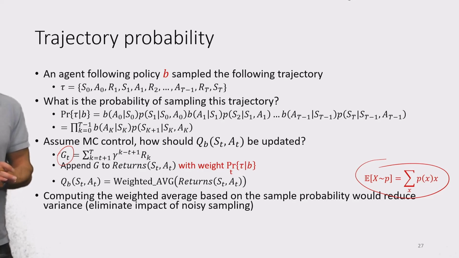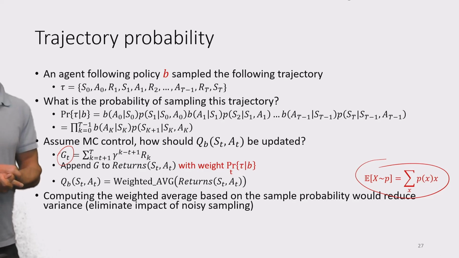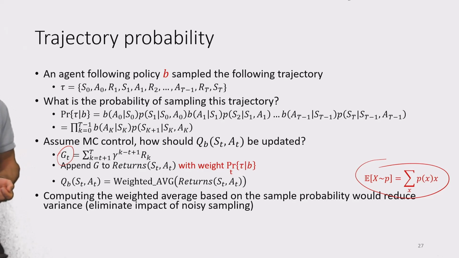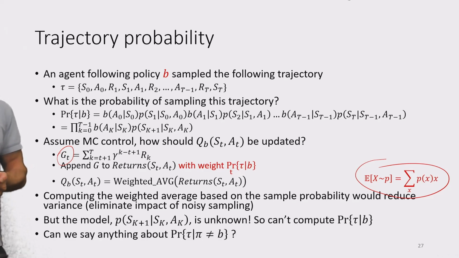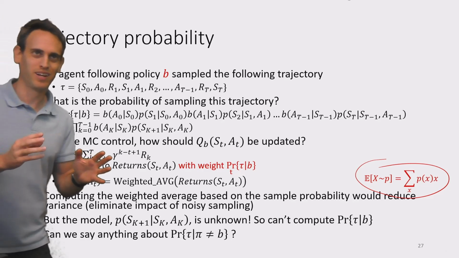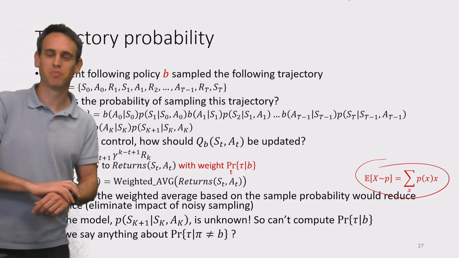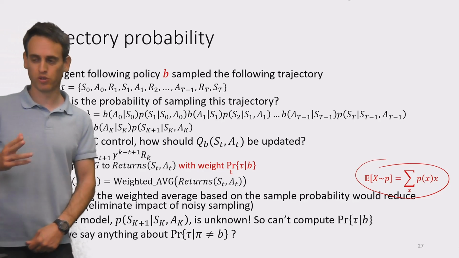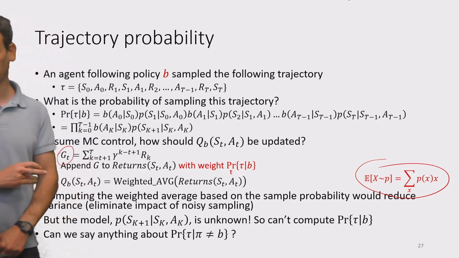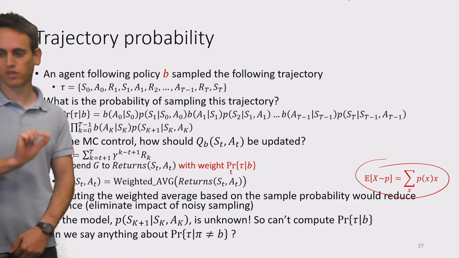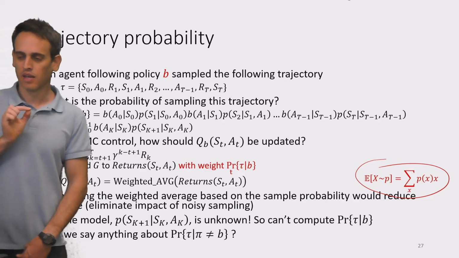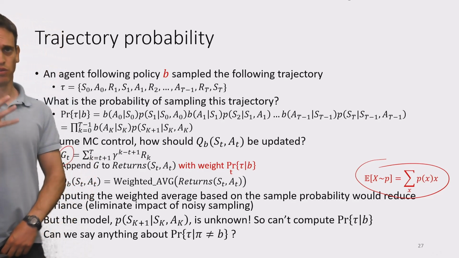So computing the weighted average based on the sample probability will reduce variance because it will help us reduce the impact of noisy sampling. But you might say at this point, and later on we will tie it back to off-policy learning. But for now, just bear with me on learning Q values for our behavior policy. But the problem with the solution that I just gave you, that is to take a weighted